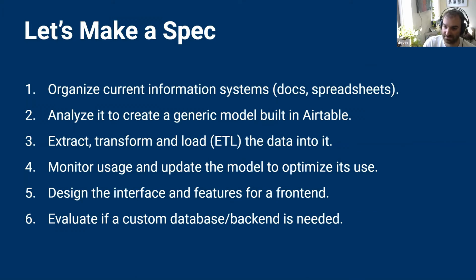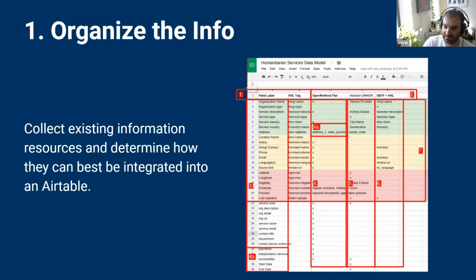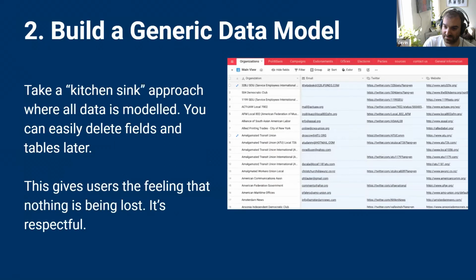Your data model, if you're working with a group of other people, might be contained within their spreadsheets or documents. But basically, you've got to organize that information that currently exists and is already being used into a collection of spreadsheets. Collect all the spreadsheets and docs that you find relevant, build them out into Airtable, and analyze them, connect them. So basically, organize the information that has come to you, and then connect it up in the data model using